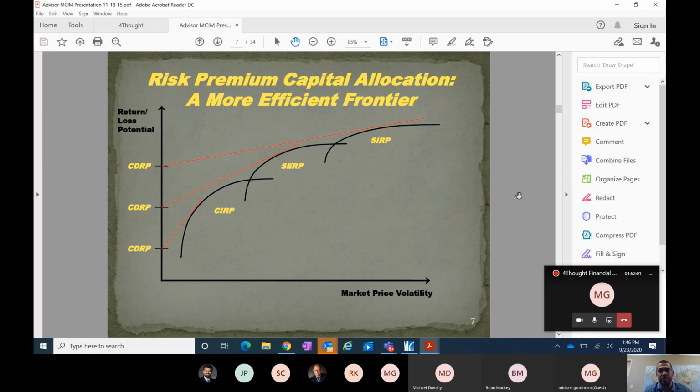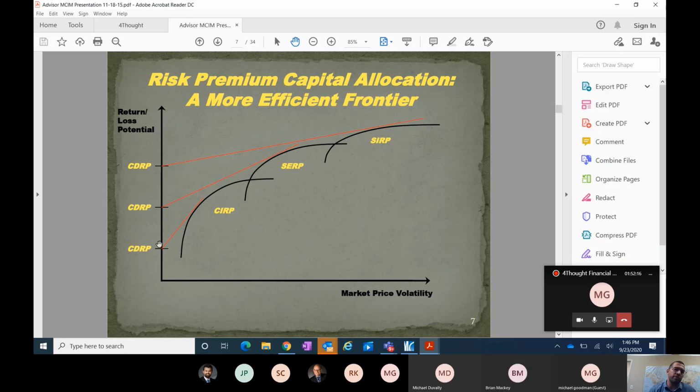And these are in theory the risk-free rates. If you take no risk, you get no return. It's zero, right? So instead of calling it the risk-free rate,